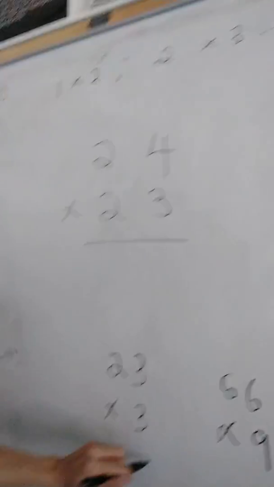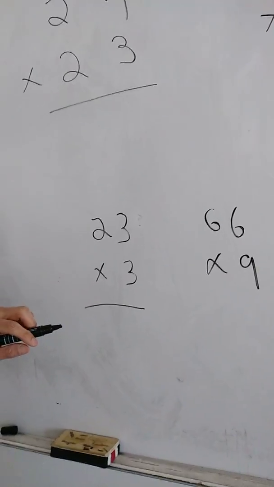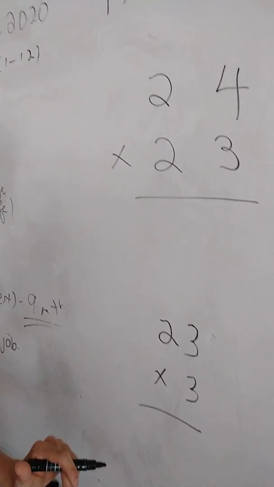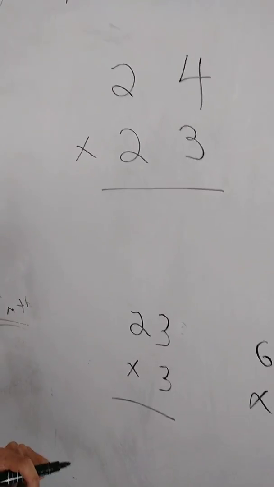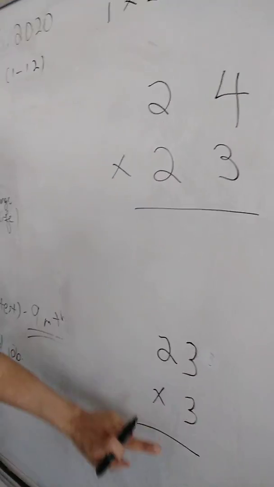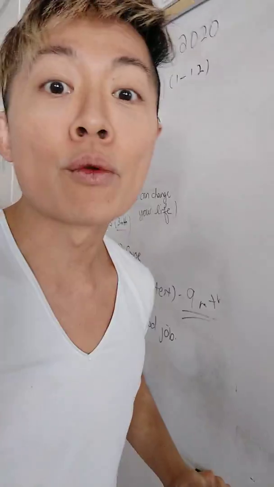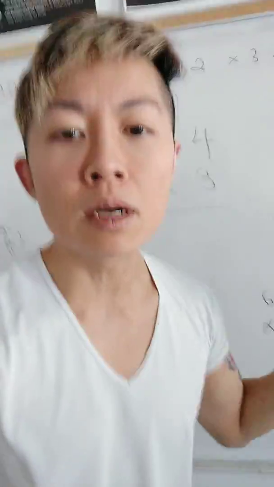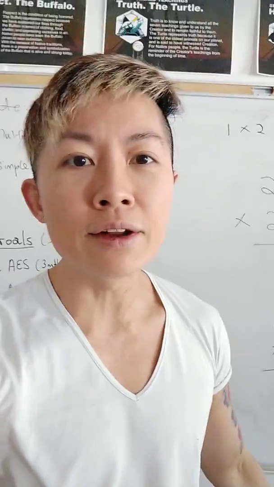So if you notice, what is the big difference between 23 times 3 and 24 times 23? Give yourself a moment to recognize the differences. If you guess that the main difference is that there's two digits here and there's only one digit here, you got it right. So today we are learning how to become human computers or human calculators,